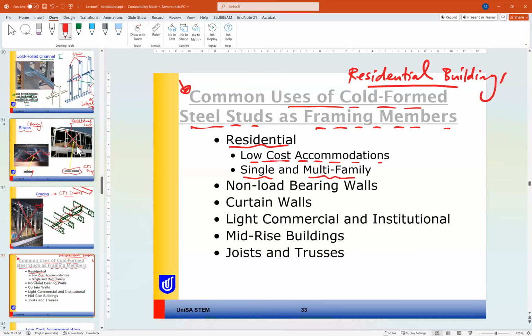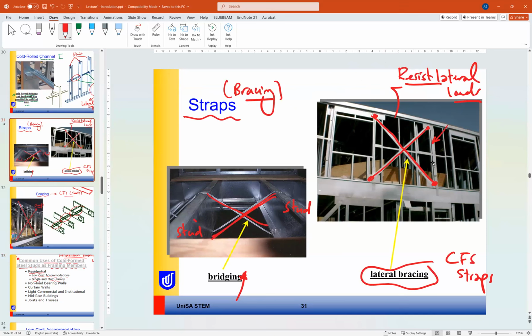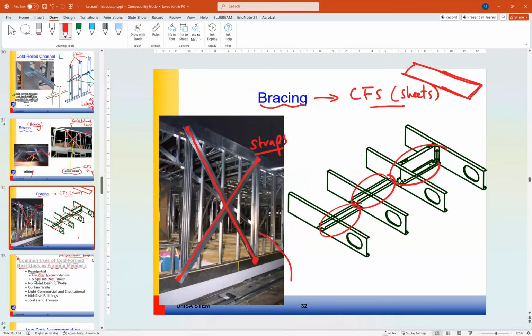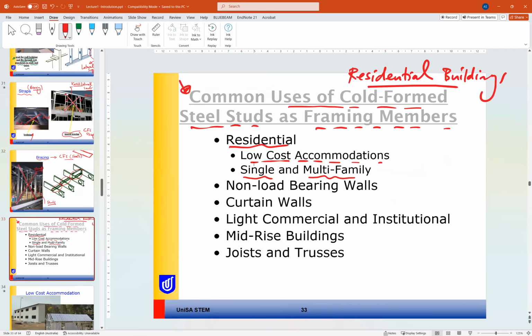So similar to the previous images here, as you can see, these are studs. Or in this image as well, here are some studs. So the studs can be used in residential buildings because they provide low cost accommodation, a cheaper option for building, and we can use them in single and multi-story buildings. Also, the studs can be used as non-load bearing walls